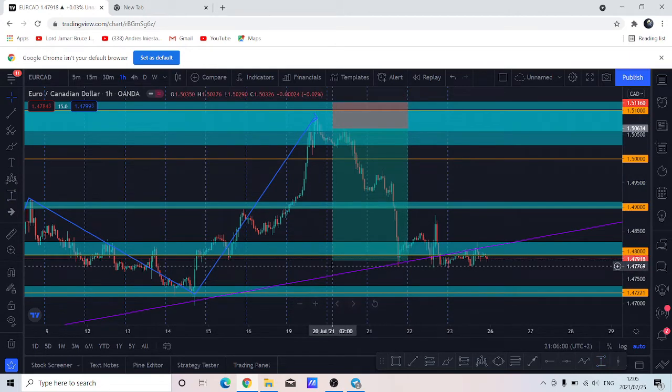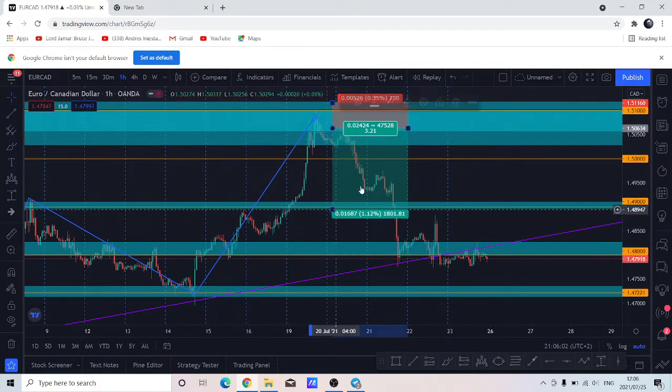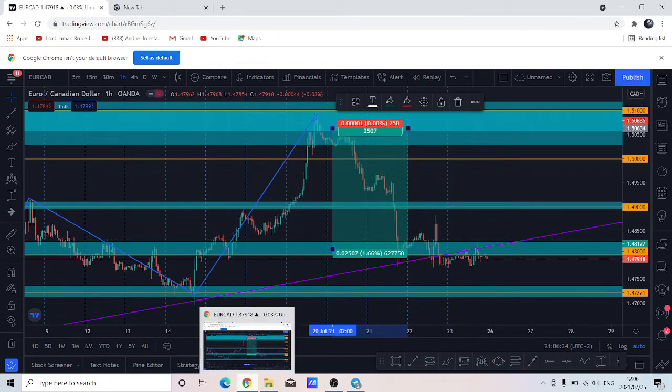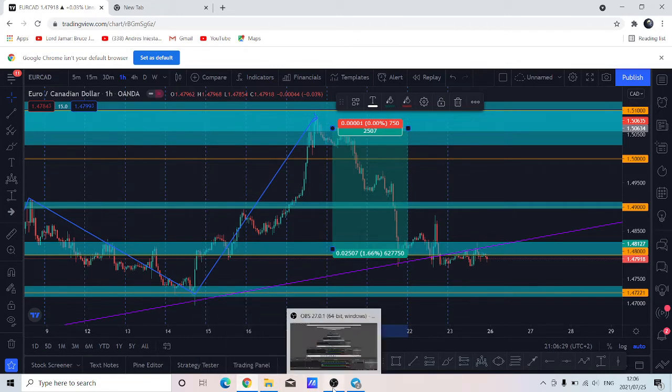Obviously, I didn't catch all this move. I closed my profit here, and then I left a little bit of position. Then obviously my stop loss was sitting at break even by that time, and then I saw the market coming close to my entry point, and then to my TP. Then I closed manually, because sometimes I'm not patient enough to wait until the market hits my TP. Then maybe I need to work on that, because sometimes I leave a lot of money